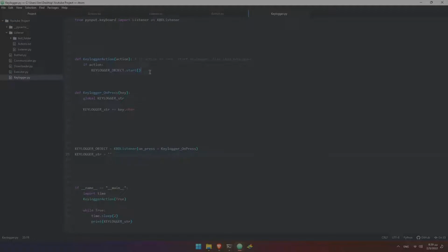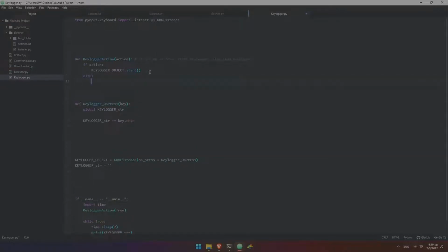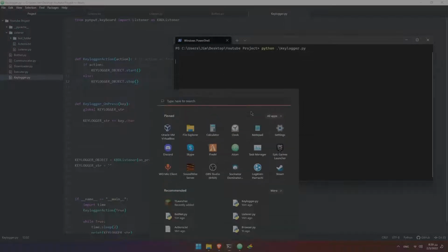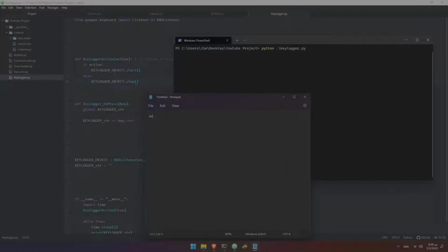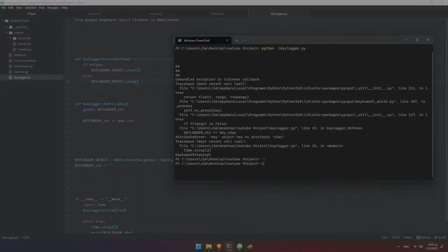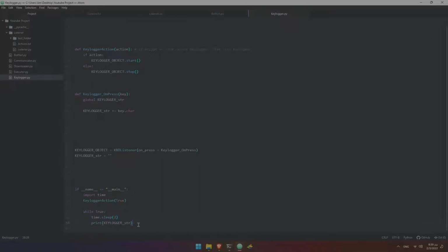Now we want to be able to stop this. So keylogger object.stop. I guess there is a function like that. Otherwise I'll need to find a way to stop it directly, or actually a hack. And okay, I haven't called it here. So